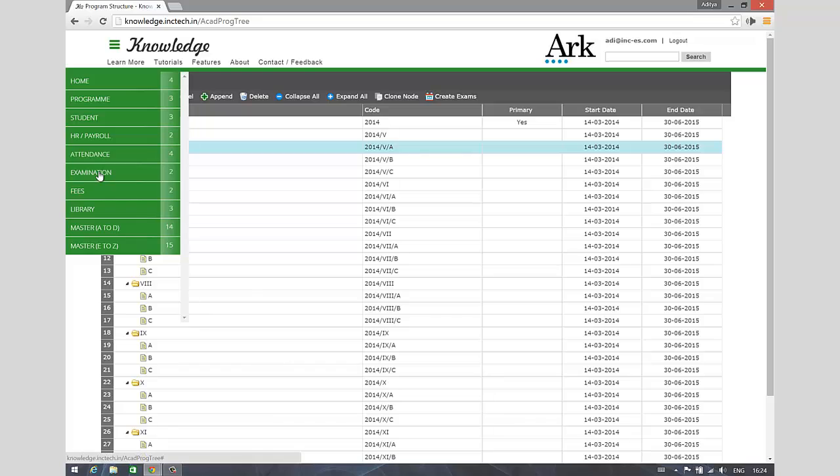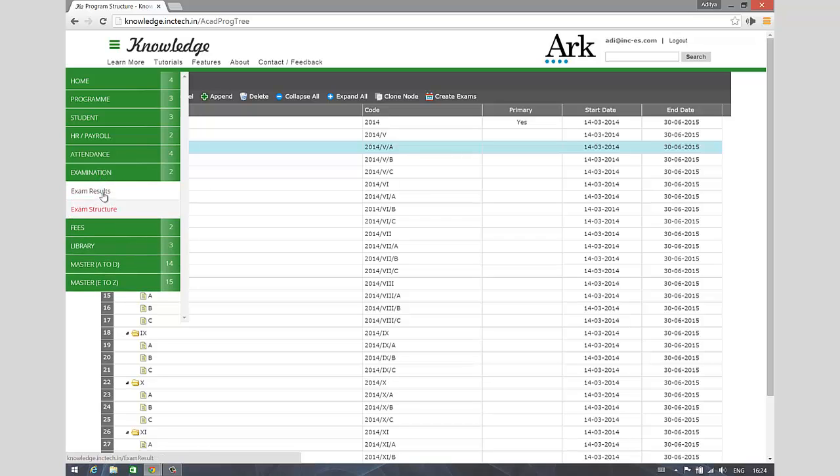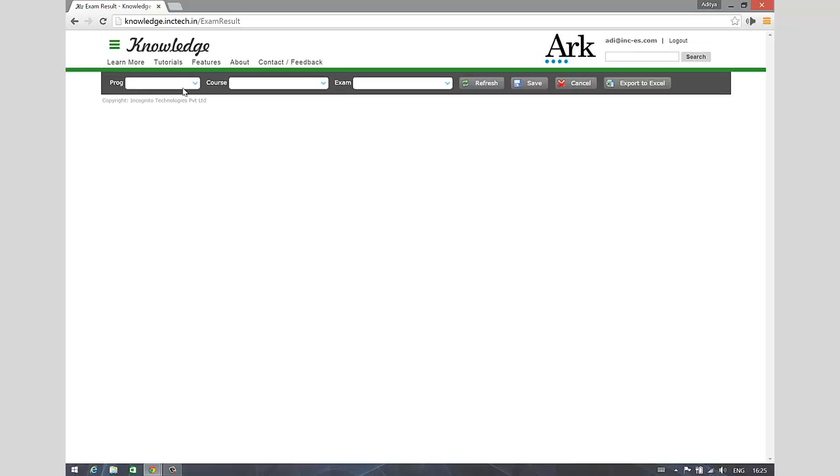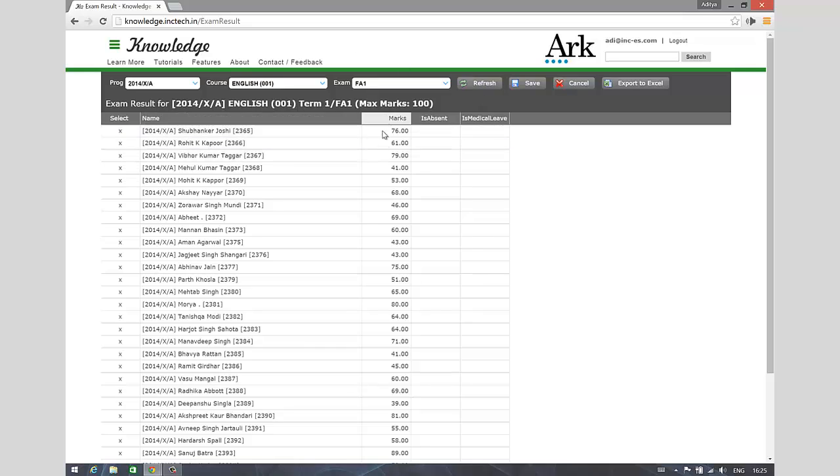Once an examination structure is configured and all the courses are obviously mapped and the students are mapped to the different sections, we can go ahead and conduct exams. Once the exams have been conducted, we can enter the marks out here. So we can directly go into, let's say, class 10th A, and under 10th A we can go to, let's say, English, and under English we can go to FA1, refresh, and once we refresh we can enter the marks